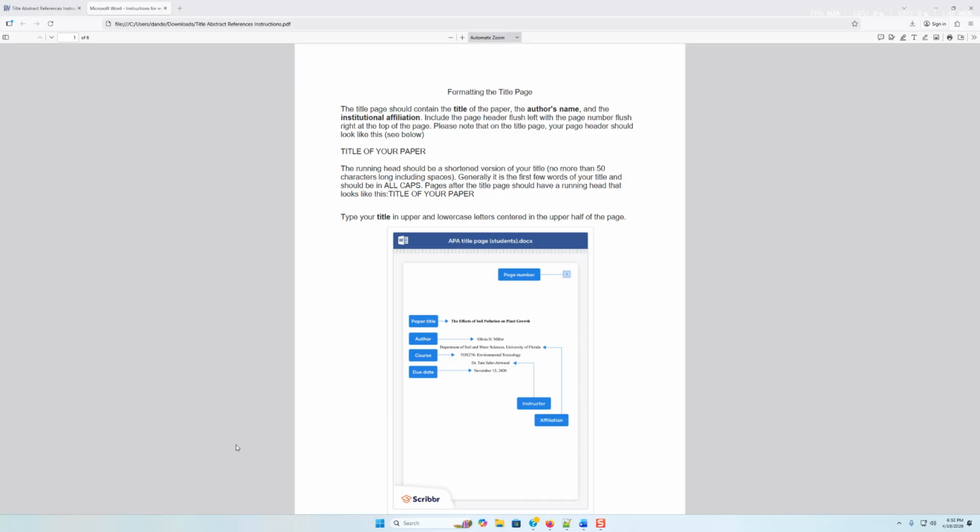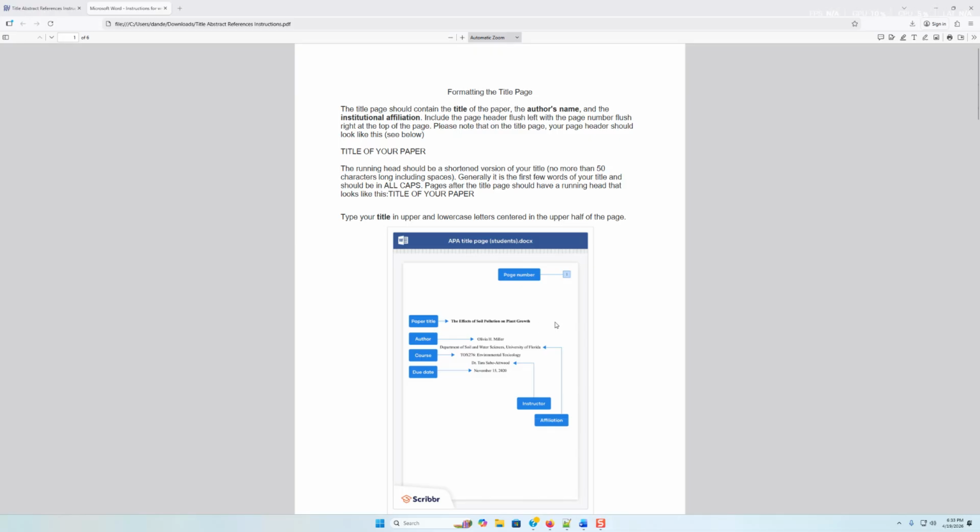But we're going to start with the title page. So you're going to format a title page according to APA style, 7th edition, and a student title page. So this is a little bit different from a professional submission. This is a student submission. Because you're a student, I figured that this is probably more relevant to submit. So here's the format. You're going to come up with the title. It's going to be a unique title of the manuscript. And that title should be